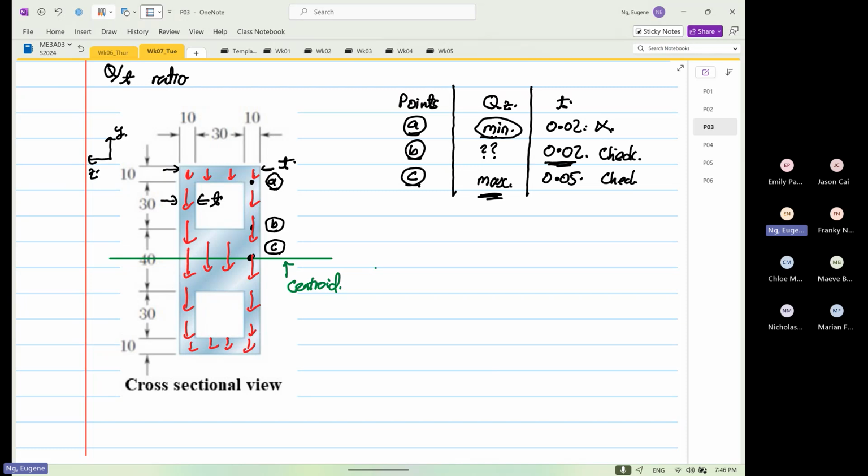Okay, so point B and point C, there's a possibility that the maximum shear stress will occur. It's not a guessing game. You cannot guess, you have to calculate. So let's look at point B first. So Qz at point B. We have to determine